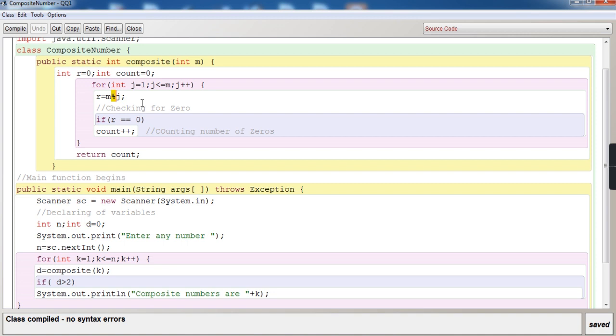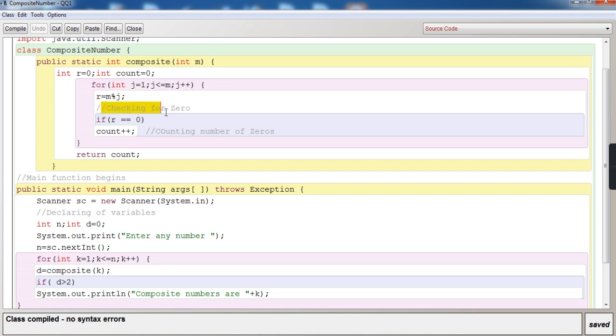But this symbol, modulus, will give you the remainder. It is dividing, but it is giving you the remainder. Whatever the remainder is, it will be stored in r. int r is already declared over here. So 1 divided by 1, the remainder is 0. So r will have the